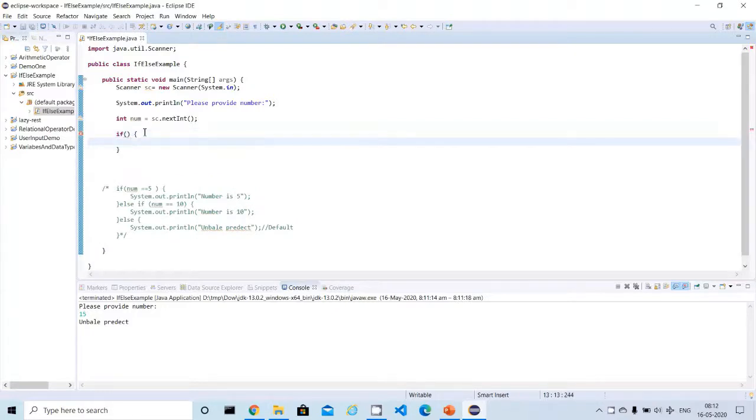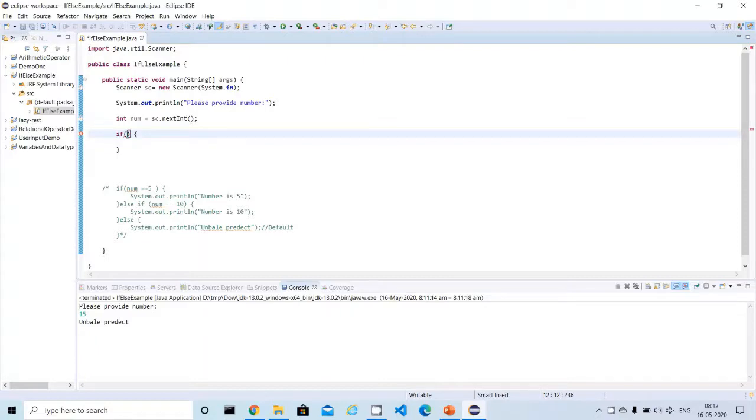example. So as part of the second example, what I'm trying to do here is check whether the value is in a specific range. Here we were checking the exact value 5 or 10. Now I'm going to write an if else condition where the value may fall under a specific range. So that's my second example.